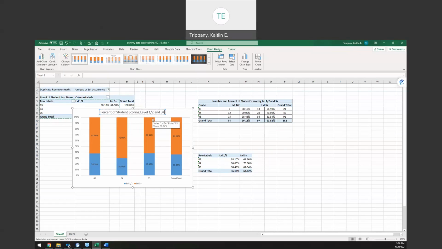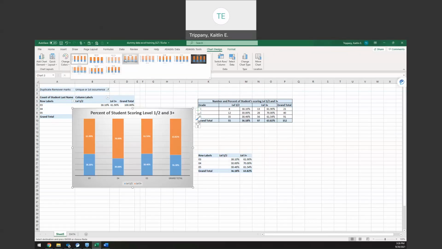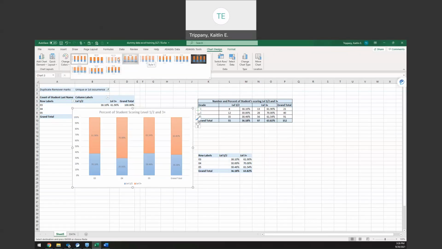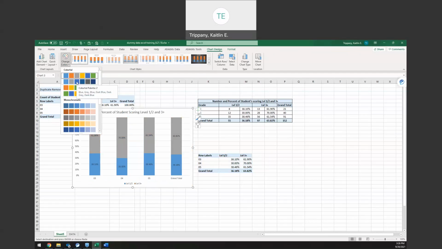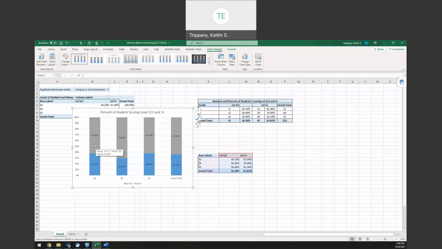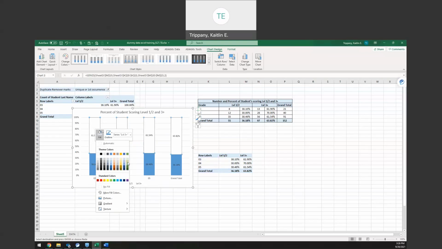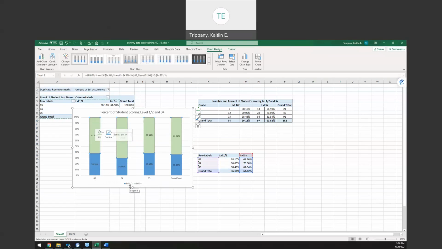So you can also, you see at the top, there's different chart types. So you can change the chart type if you want to format it differently. You can also go up here and change the color. You can also manually change the color if you click on the bar, right click, click fill, and you can change it to whatever color that you want to use. You can also add additional elements on the side. You can use different axis titles. You can add a data table at the bottom